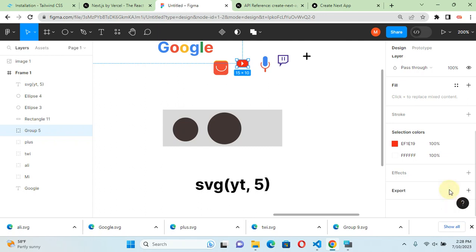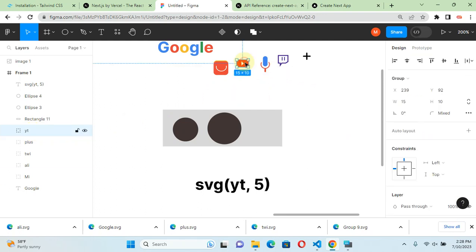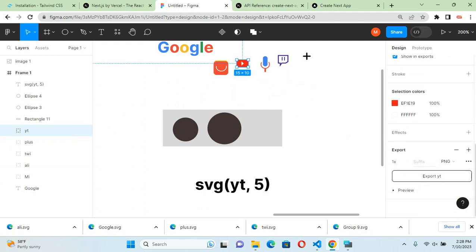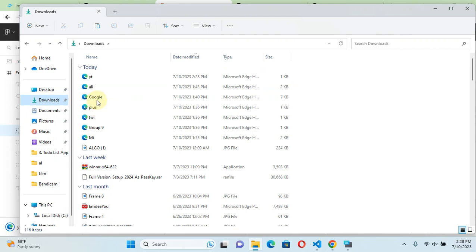Okay, export. Let me just rename this to YouTube instead of being a group. Let me say YT. Okay, I'm happy with that. Click it and then go to export SVG, export it, and then here is YouTube exported. Let's just quickly go to downloads, download, copy YouTube